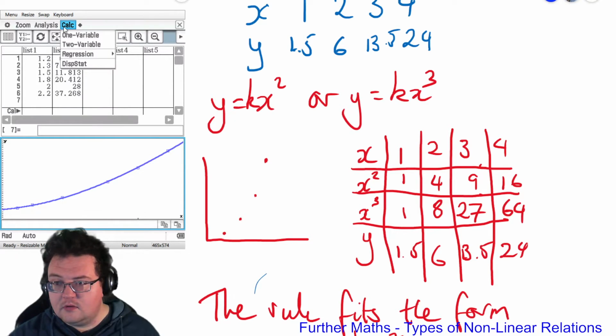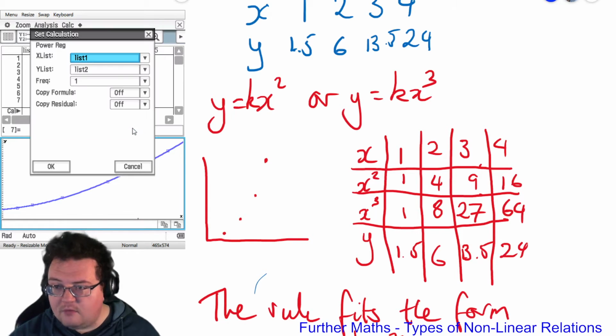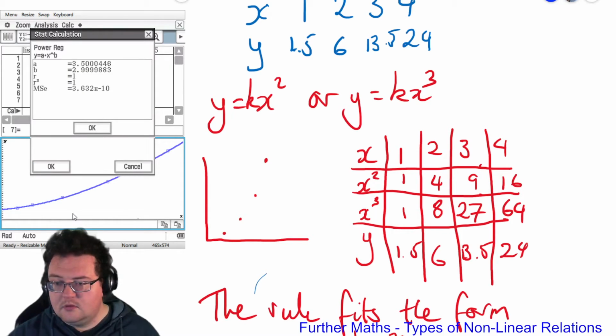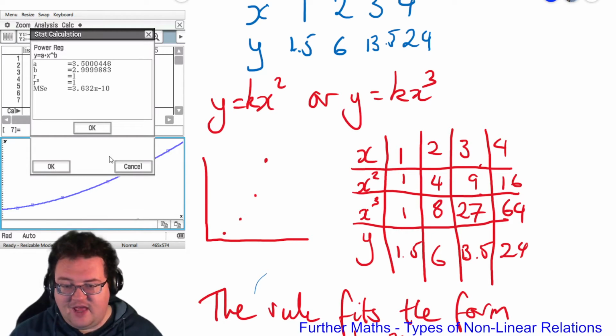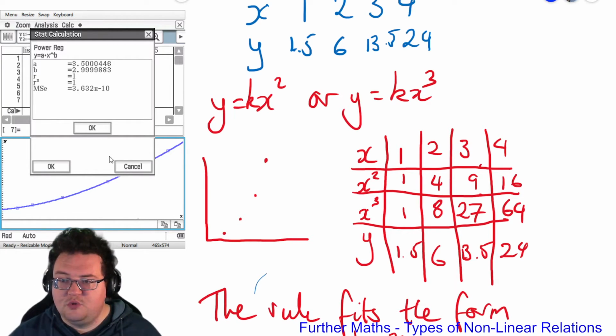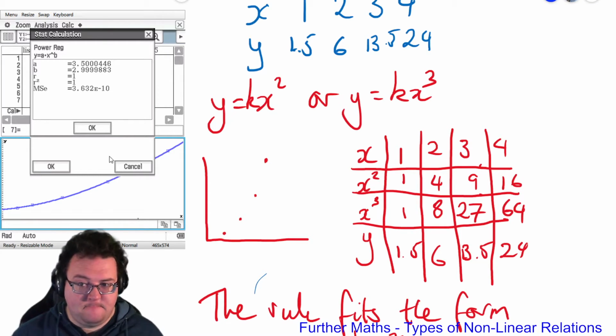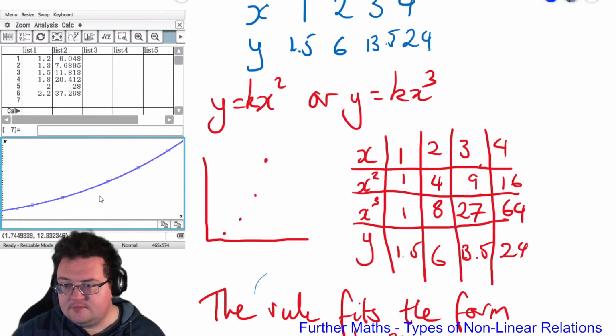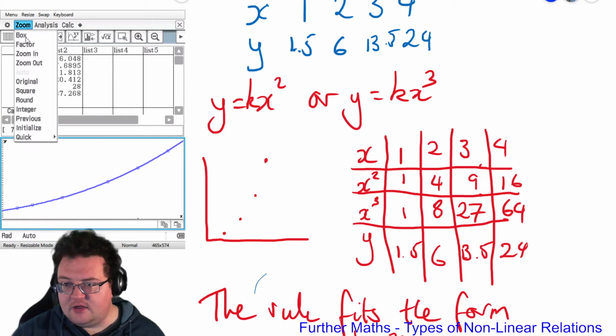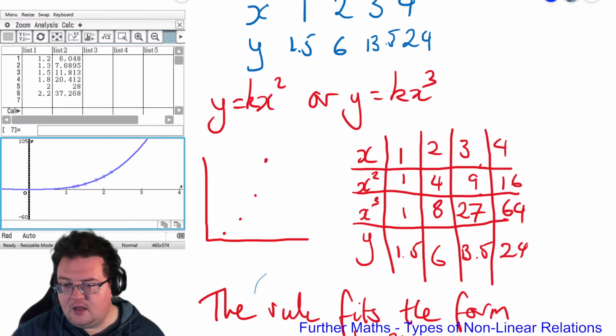Oh, hang on. Power regression. And it's giving me the answers a equals 3.5, 0.00046, so 3.5, and b equals 2.9999983. So again, 3. Round them off to whatever makes sense. And if I zoom out, hey presto,